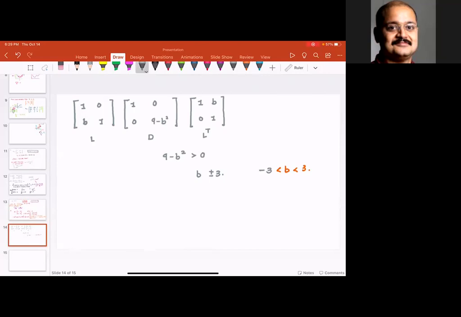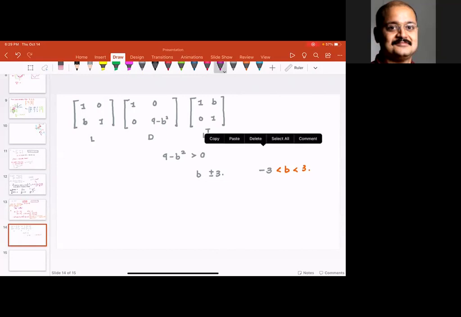Did anyone solve this problem using MATLAB? Did you solve the LDL transpose, or did you solve it by determinant? I will acquire determinant greater than 0. Even though the problem is asking you for LDL transpose, if you solve it by determinant, or by the technique I showed you here, it should be okay.